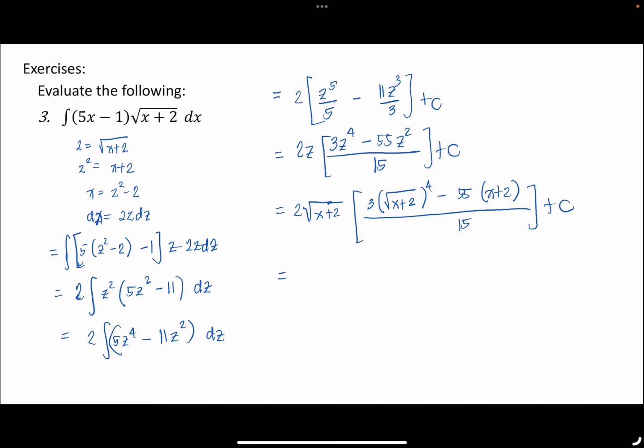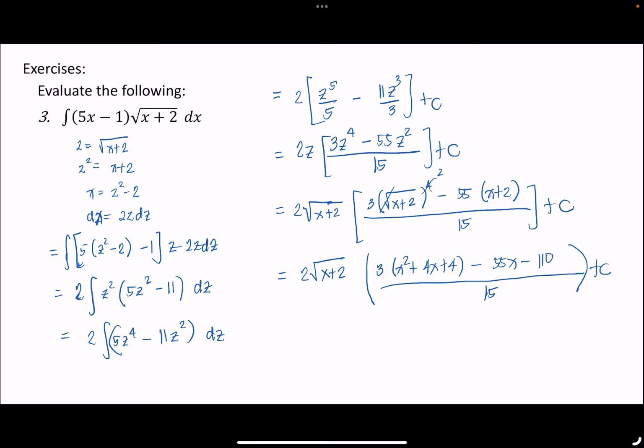So this would be 2 square root of x plus 2 times 3. So 4 over 2 is squared. So we have x squared plus 4x plus 4 minus 5x minus 10 all over 15 plus c. So 2 square root of x plus 2